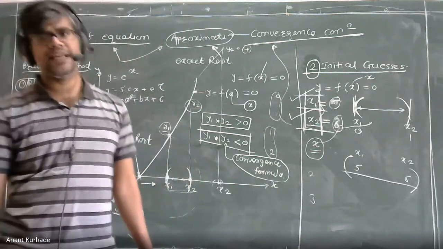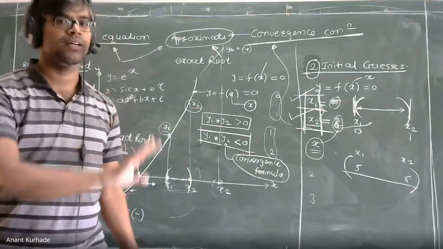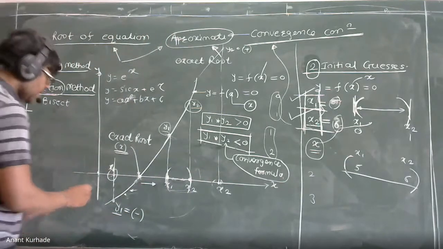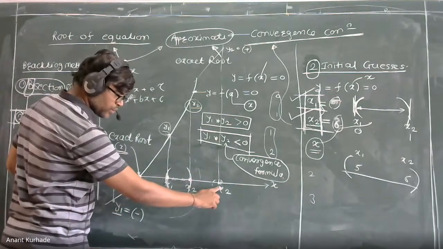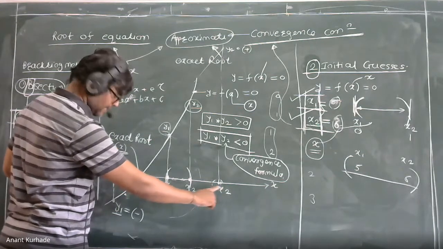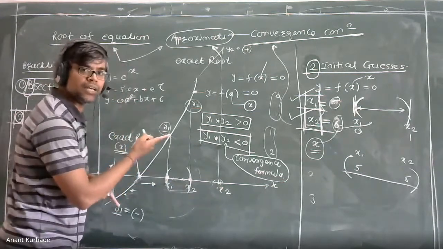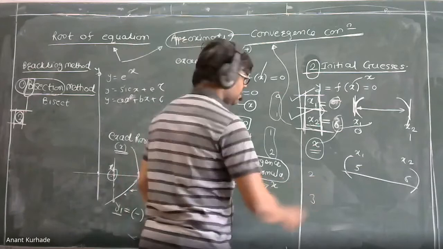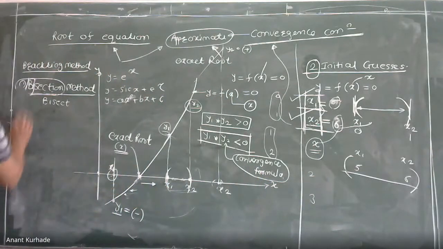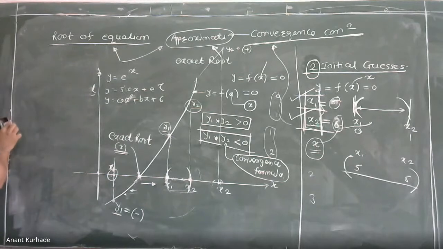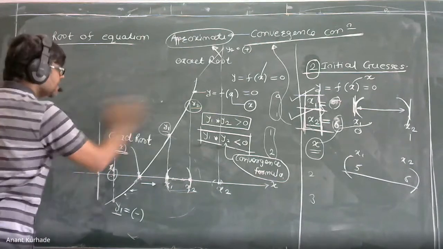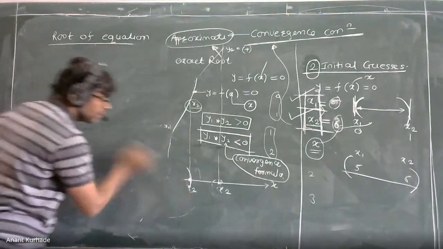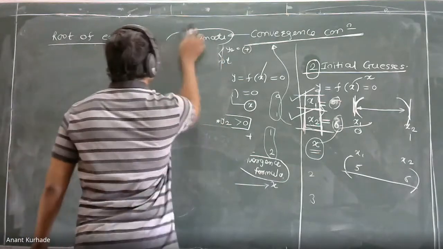So it is a trial and error method. But remember, yes, it is trial and error, and we can say this is x1, x2. I have not discussed this yet. X1, x2, now it is bisected. Bisect means divide that line into two equal parts. Okay, it is trial and error, but you can get a root very near to your exact root by performing a number of iterations.